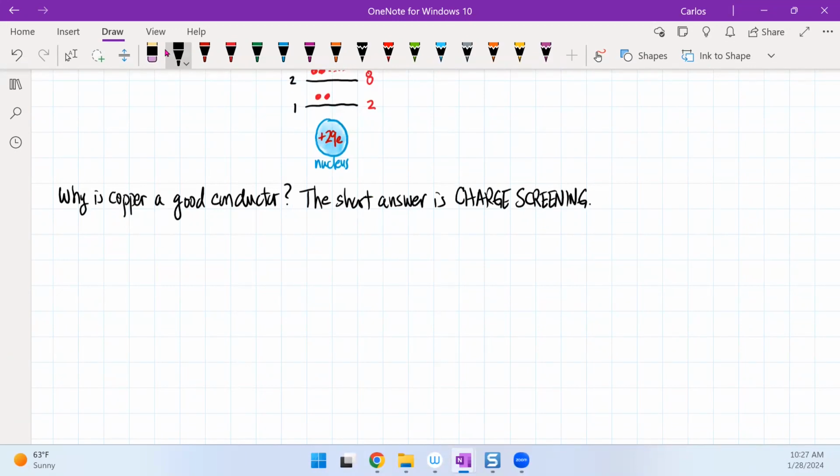So if we use classical Gaussian thinking of enclosed charge,